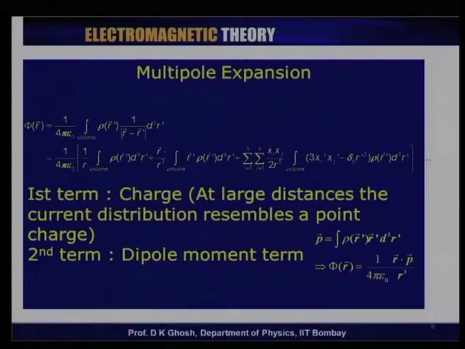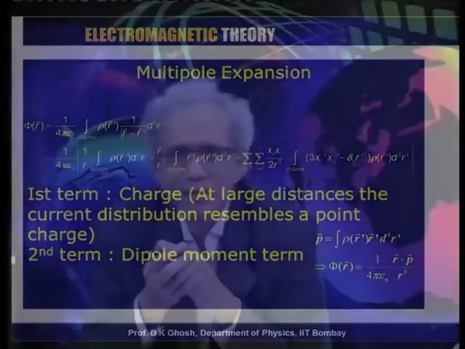Now, this is called a quadrupole term, something which we have not done, but you could do it very easily. Supposing you are to take 4 charges, 2 positive, 2 negative, alternately situated at the edges of a square. This combination of 4 charges forms what is known as a quadrupole. This is the most elementary quadrupole that you can have. You could of course arrange these charges in different ways and get different configurations.